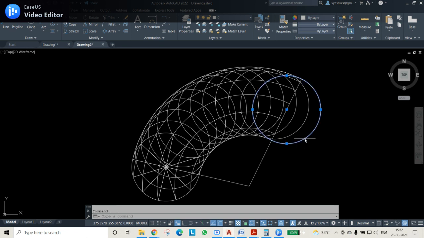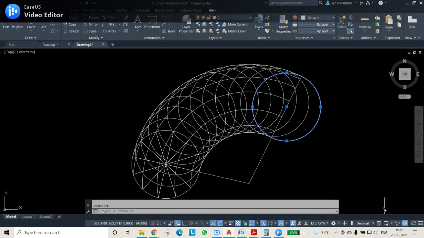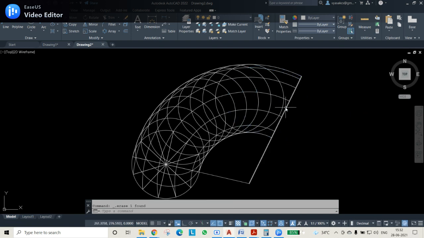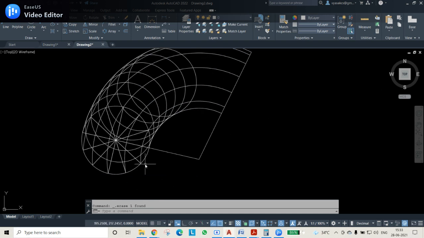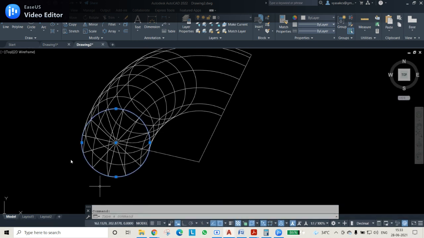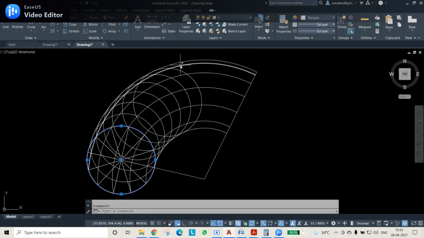Now select the last circle and see that the last circle center is exactly aligned with the last line which you have drawn. Yes, it is aligned, so we have drawn it perfectly. Now select the first circle, delete it, second circle delete, third, fourth, fifth, and sixth circle delete. So I have selected 6 circles from the back side and deleted them one by one. Now this is your base circle, and this is your baseline. These two should not be selected.